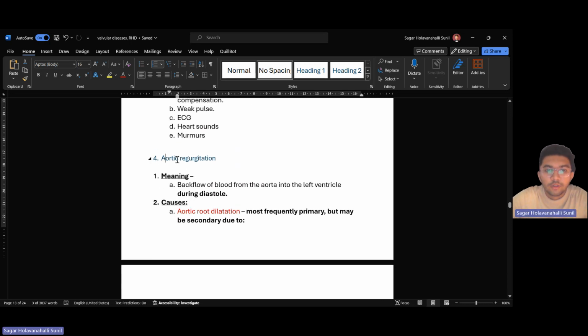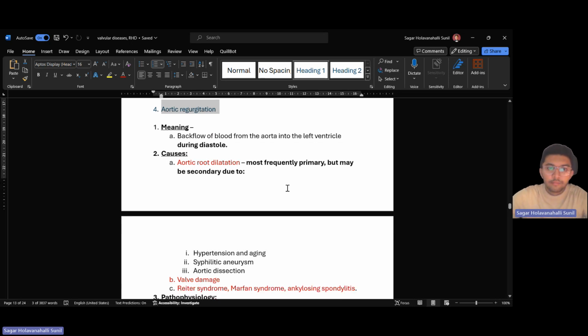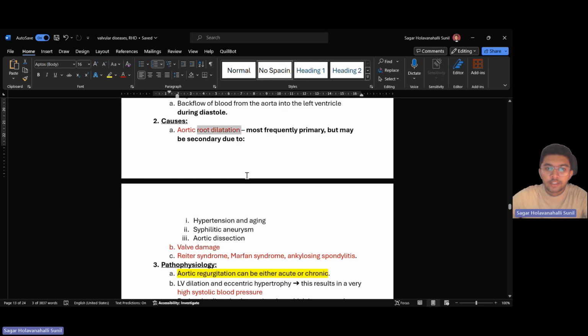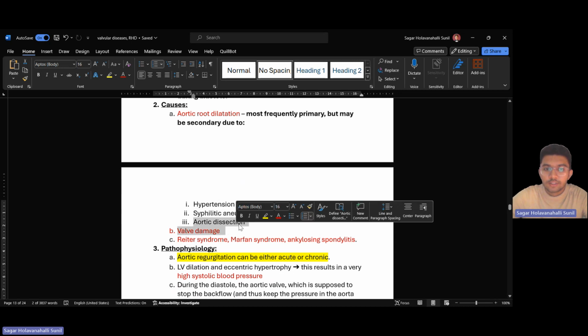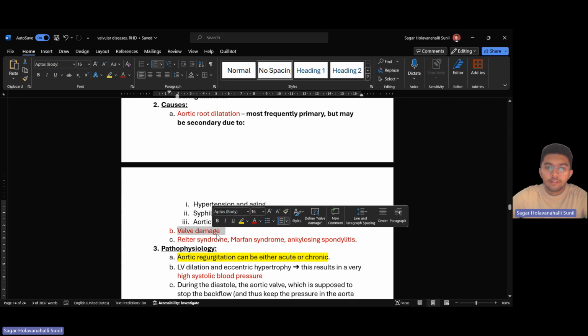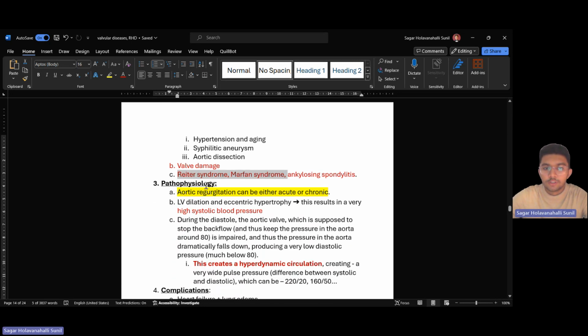Then we go to aortic regurgitation. Aortic regurgitation is where there's a backflow of blood from the aorta back into the left ventricle during diastole, obviously. The cause of this could be a root dilatation caused by hypertension and aging, syphilis, or aortic dissection. There can obviously be valve damage, or Marfan syndrome. Now, the pathophysiology of this, sorry, is